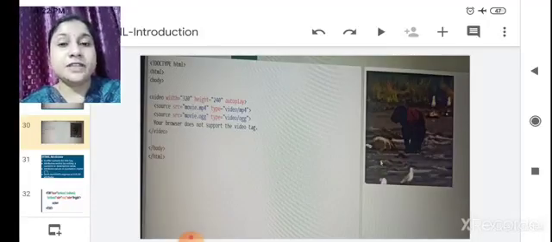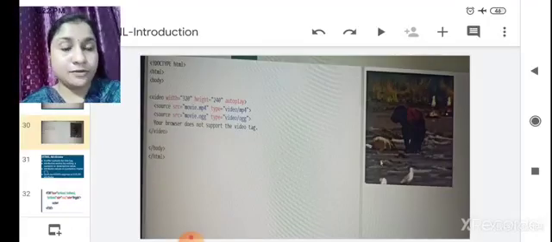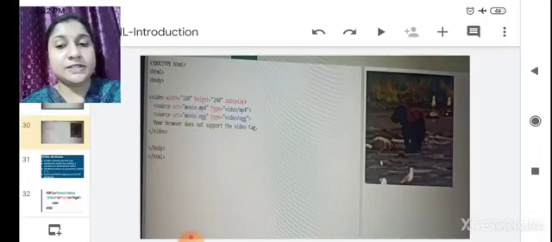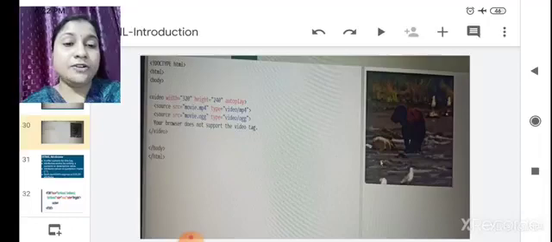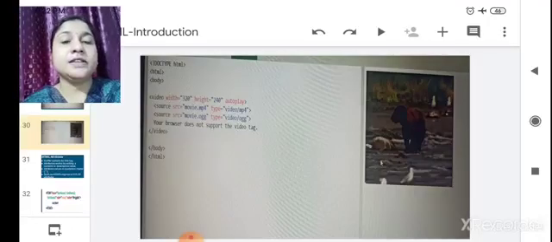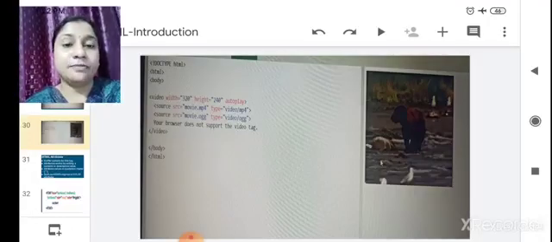Then we saw the section, a generic way to group related information, that is, to divide the information section-wise. Then we saw the article, which is independent, self-contained main content on a web page.